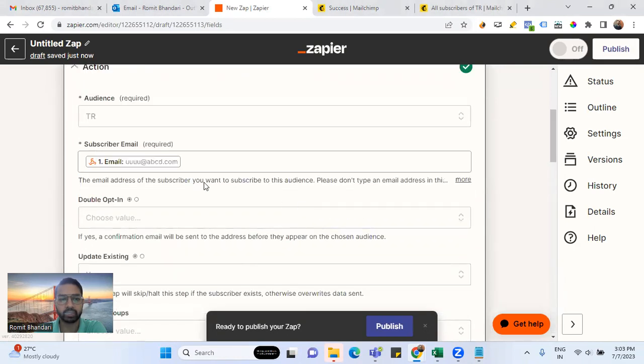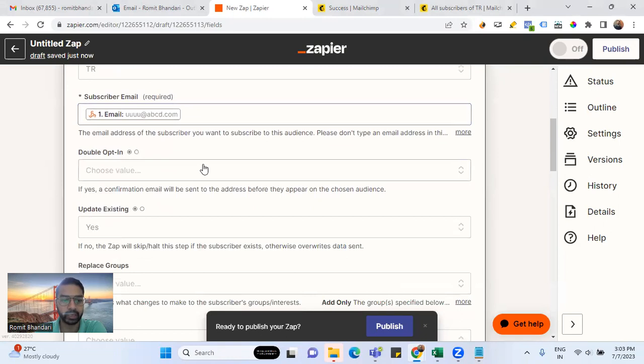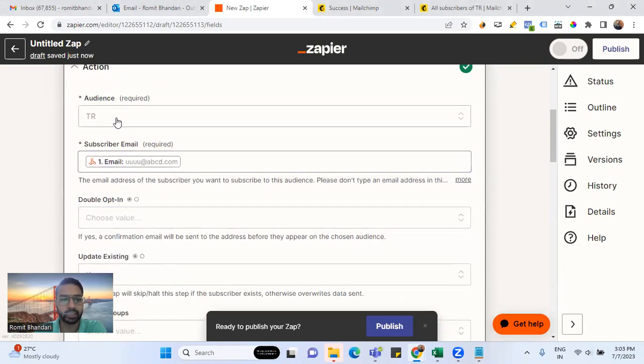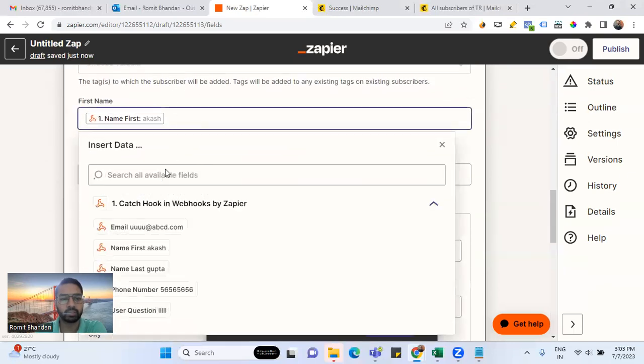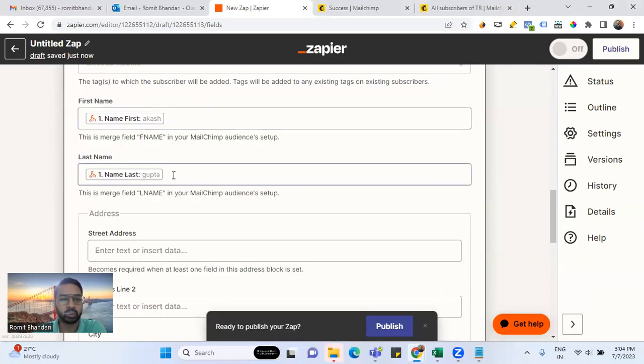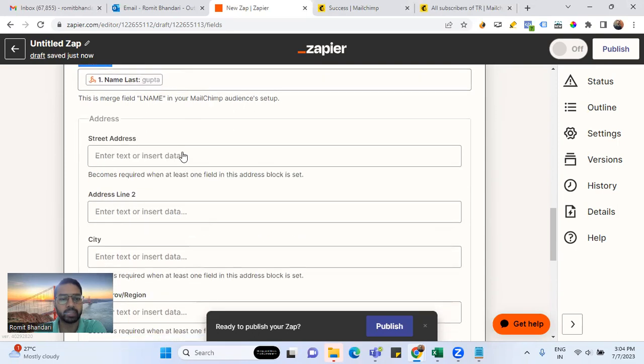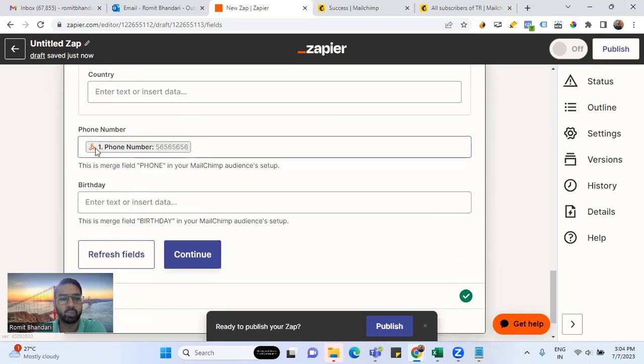Account is already set. Action. This is where we have to map the correct fields to the fields in Mailchimp contact entity. Okay. So audience is the audience I created in Mailchimp. Okay. Email is the correct field, and first name also is correct. I've already mapped it. I'll just show you. For last name, I have mapped the last name coming in. Okay. And for phone number, I have already mapped the phone number coming in from the bot. Okay. So these are the 4 fields we'll try to send